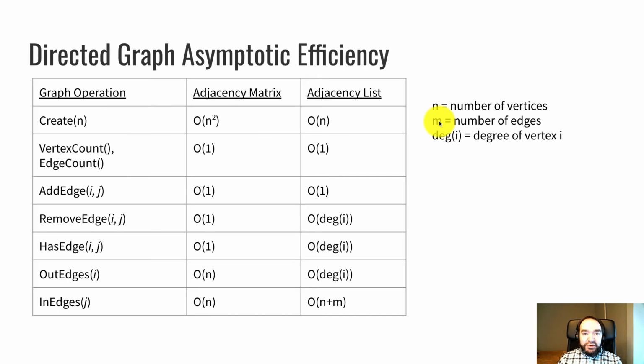So here's a little preview of the data structures that we'll cover that implement this abstract data type and what their runtimes are. We're going to go into this in more detail later, but basically there's an adjacency matrix that uses a matrix, an n by n 2D array to represent the edges, and the competitor is called an adjacency list. The adjacency list uses a vector of linked lists to store the edges, kind of like a hash table is a vector of linked lists. And you can see that they have different runtimes. So there's some definite trade-offs between the two.